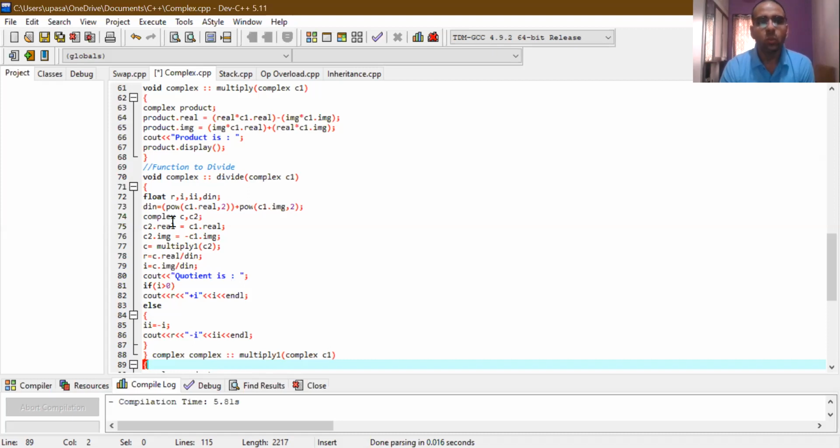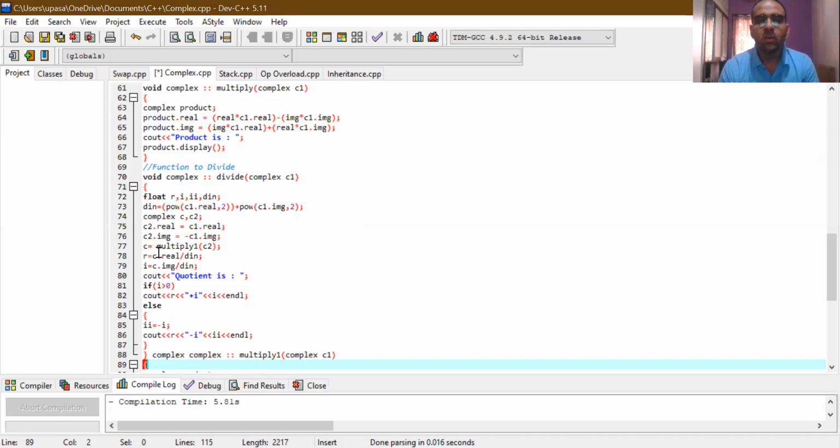Then we have two objects, c and c2. Here c2 is used for holding the complex conjugate of the denominator number. So c2 dot real is equal to c1 dot real, and c2 dot img is equal to minus c1 dot img. So pay attention that whenever we have a conjugate, only the sign of the imaginary part changes and not the real part.